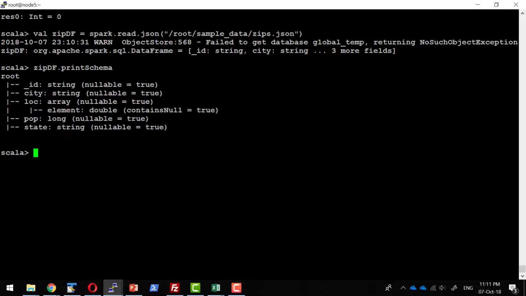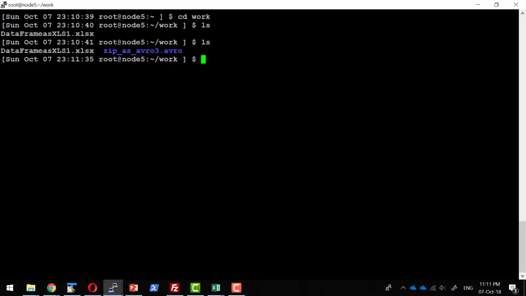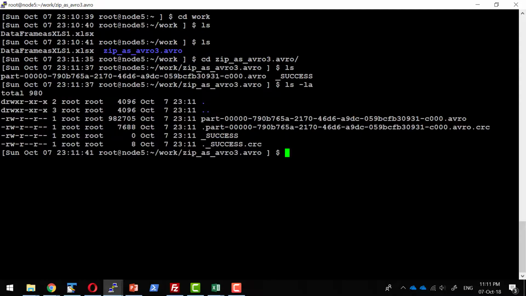I'm going to convert this into an Avro file or serialize as a Avro file and write it. I'm going to serialize this data frame as a Avro file and write it into a specific location. So I'll be using the write method and I'll mention the format as Avro and I'll give the location where I want to write it as a Avro file. So the content would get written into this specific location as an Avro file. So the folder would get created and within that I will be having the Avro file. And Avro file, as of now, it is partitioned with 1. In case if I had that particular data frame as n number of partitions, that many number of part files